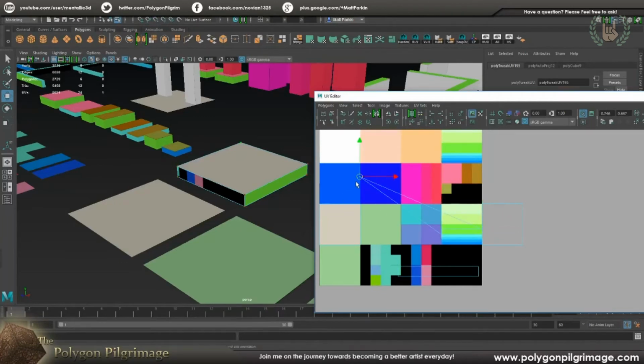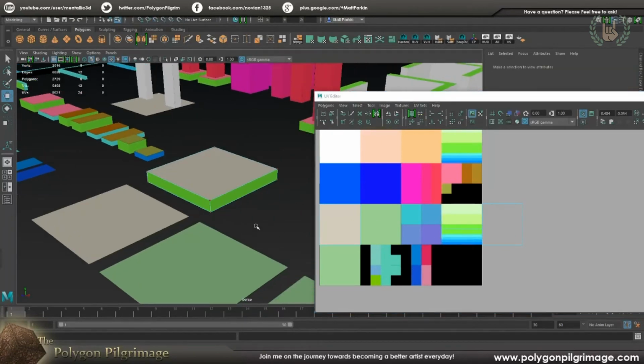Whereas when I was using the X key to snap to the grid, it's going to stop at every acceptable grid point. And that's just too much for what we want. We don't care. We just want to go right to the vertices. Okay, so again,